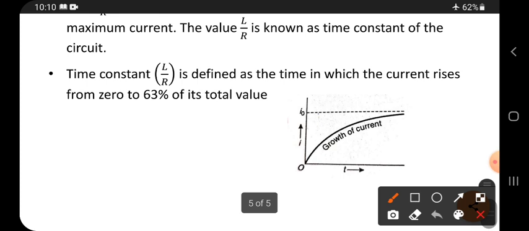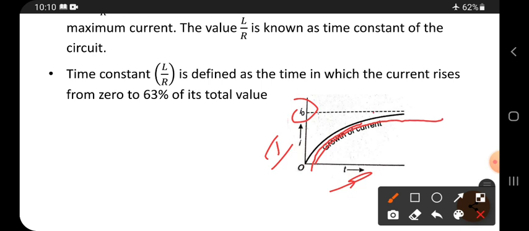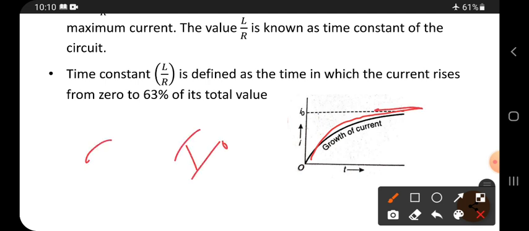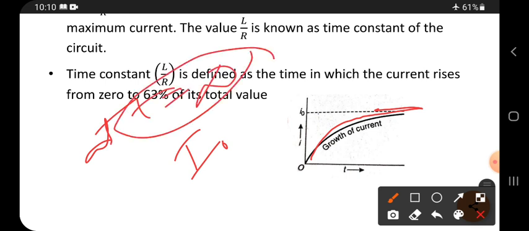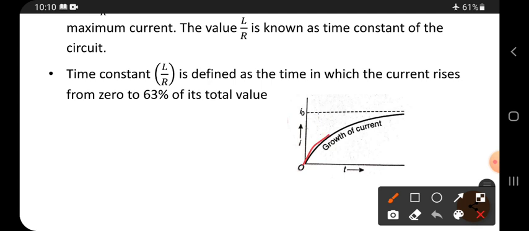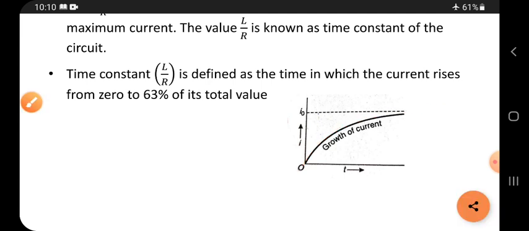And see, in the growth diagram, time is taken on the x-axis, current is taken on the y-axis, and this is the maximum current. Then see, the current slowly grows and approaches the maximum value, but it never touches this value. Why? Because if it touches this value, it reaches the maximum value. But when this curve touches this value, meaning when this circuit gains the maximum current, it is at time t equal to infinity only. So when the time reaches infinity, only then will the current gain the maximum current, and the graph line can meet this dotted line. Okay friends, so thank you friends, don't forget